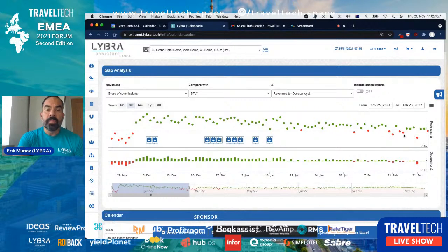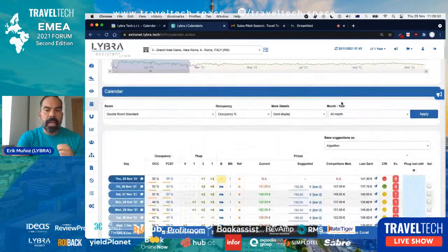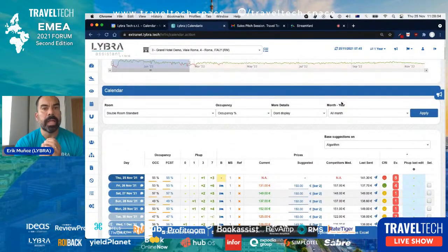Now, in terms of a hotel selection, of course, there are many different factors that will influence a guest booking decision, because we want guests to book our hotel, but we also want to be aware of how they perceive our property. Now, for a long time now, it's been very easy for guests to evaluate your hotel,